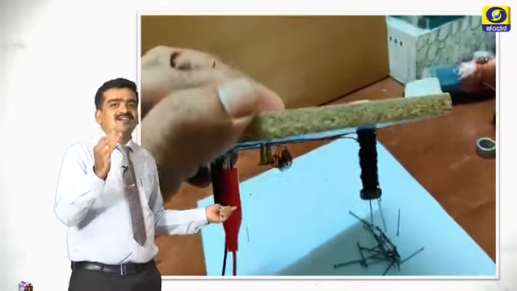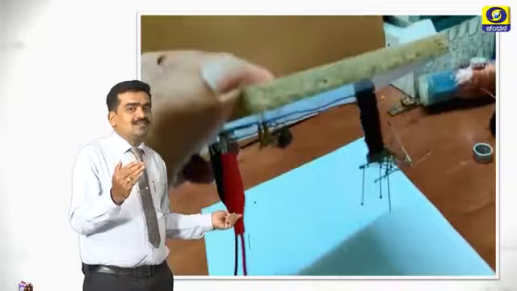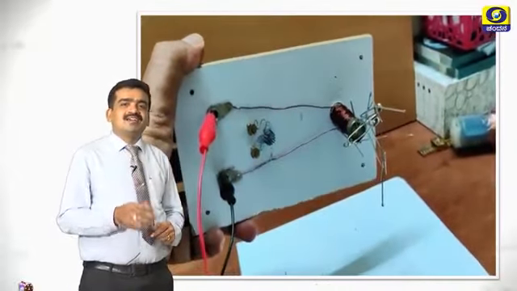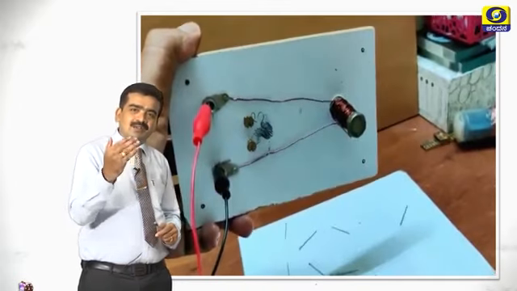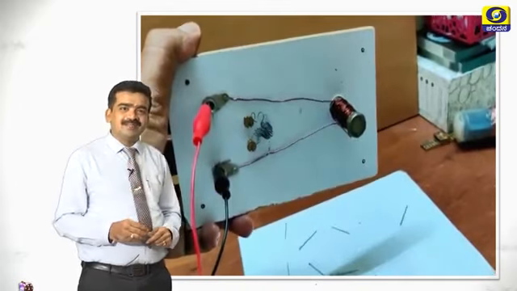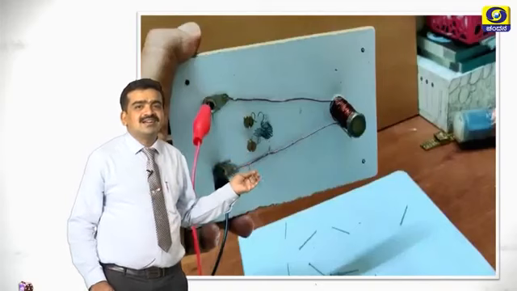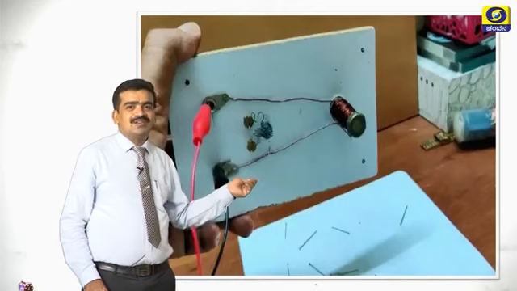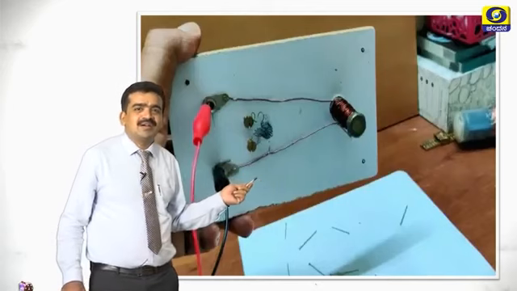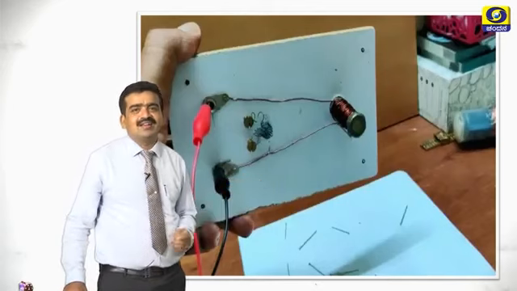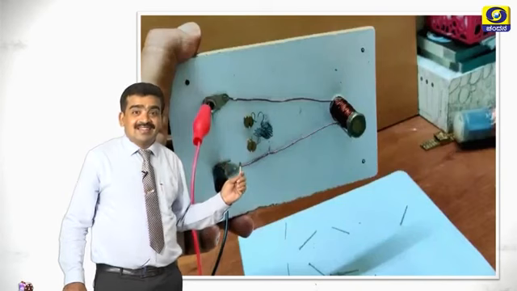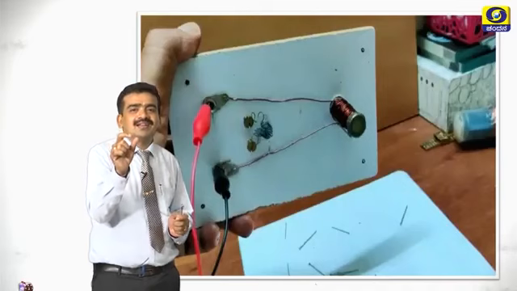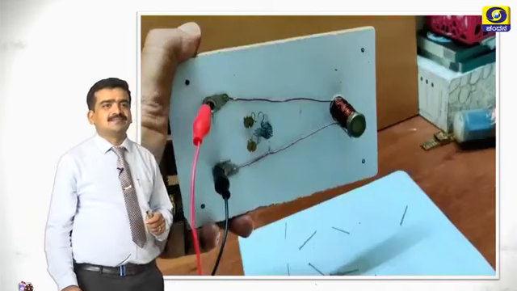As long as there is current in the electromagnet, only until then does it behave as a magnet. If we switch off the current, it loses its magnetic property. So this experiment is conducted with a small voltage like 3, 4 or 5 volts. You can conduct this experiment with the help of a 9 volt battery. So don't try it with AC current. Please use small voltage. You can use batteries to conduct this type of experiment.